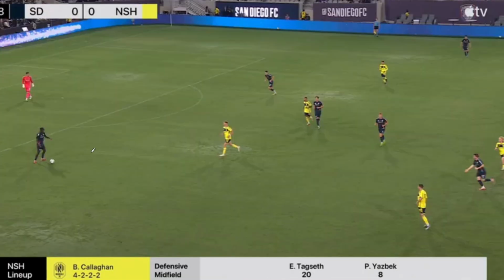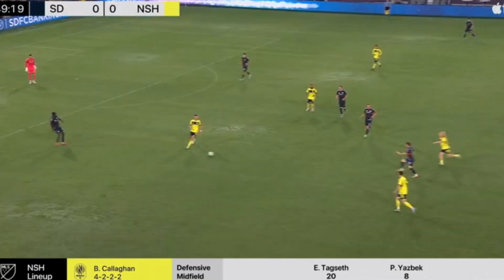The ball goes out to this right side, and Surridge is here, but he's not really applying pressure. He's just sort of jogging over to where the ball is. And we can see this huge gap behind the front line that has players open and that San Diego can easily play through. Now, this isn't necessarily a problem yet because this player could easily cover this player that runs in here, but there's no communication. So instead, Tag Seth is following out. He doesn't cover. Everyone just moves towards the ball into this massive space that they've created in this area,